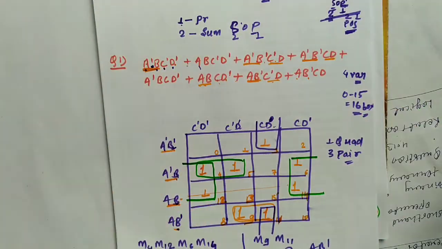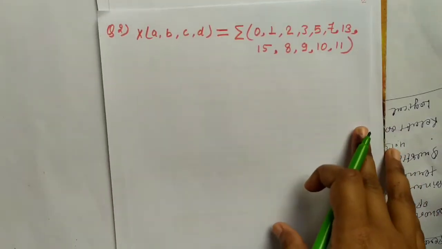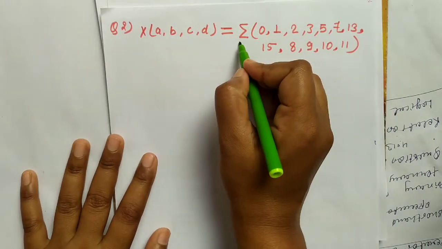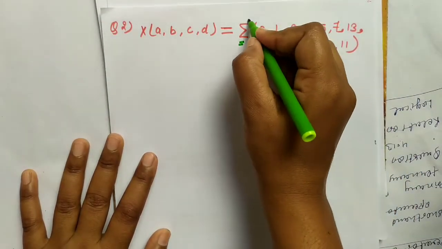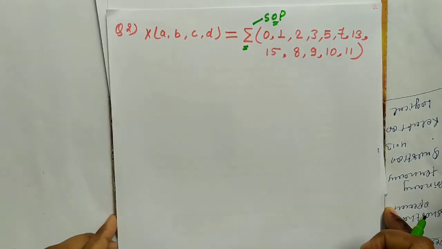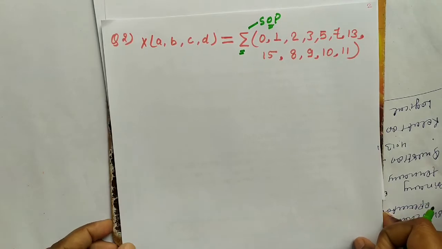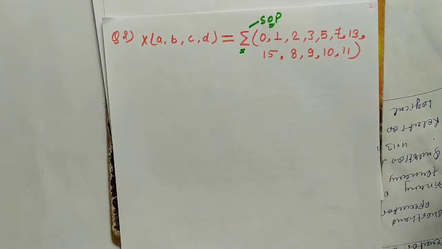So let's move to another question. So the next question is, here is the summation sign. It is clear that the question is related to SOP, that means sum of products. So let's design the